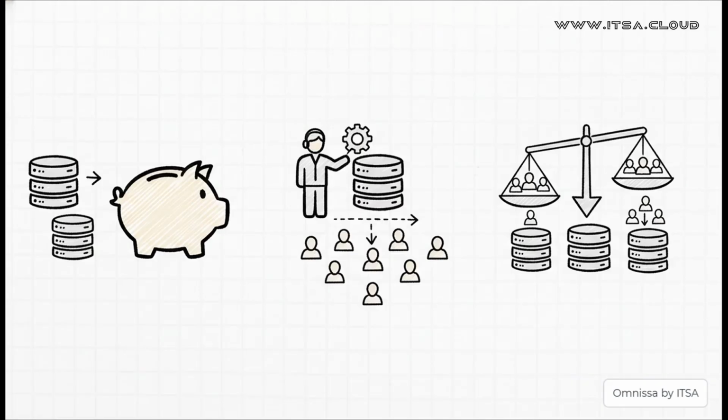And this high density gives you three huge wins. First, you get lower costs because you're buying and maintaining less physical hardware. Second, you get radically simplified management. You install an application once on the farm and it's instantly updated for everybody. Just think about the hours that saves you. And third, you get smart performance because Horizon automatically load balances all the users across the different servers in the farm to make sure everything keeps running smoothly.